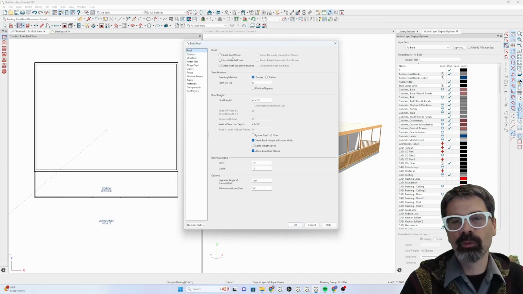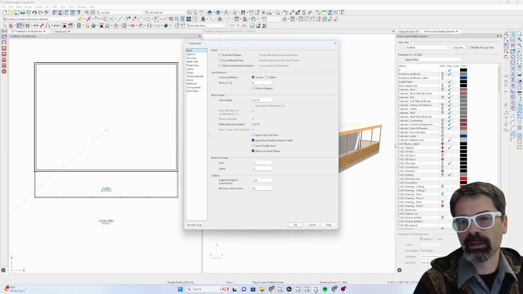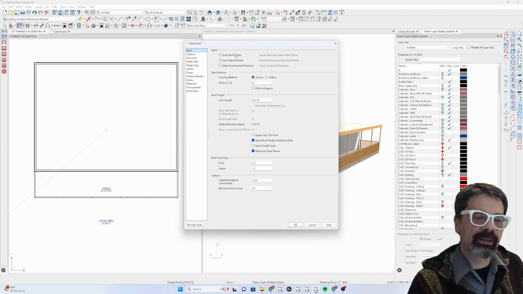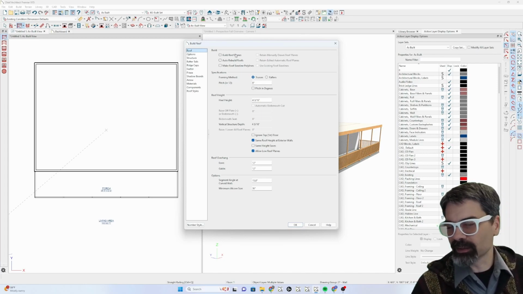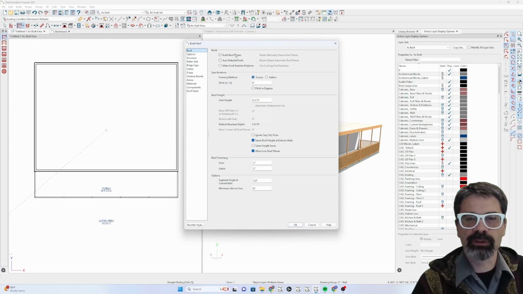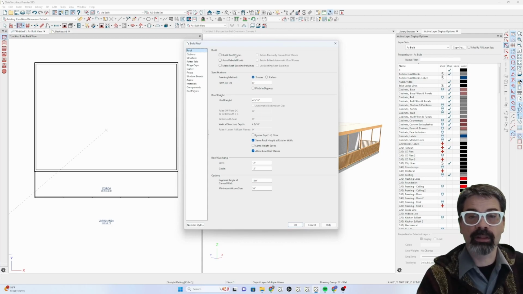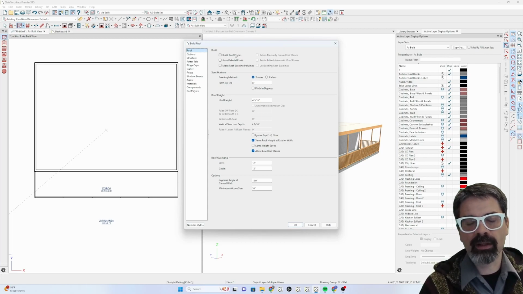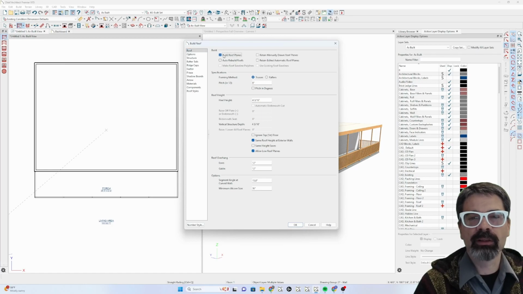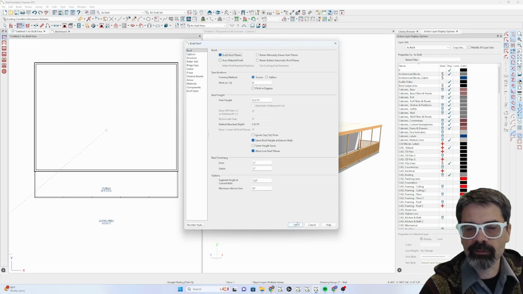And if you don't already have auto rebuild roofs on, you won't get the roof. I like to do my roofs later and not make Chief Architect think so much, use my system resources. I'll come and build the roof planes later. And then once it's set where I want it, I don't want it rebuilding the roof planes, so I leave that auto rebuild off. I'm just going to manually build the roof planes here now that I've got my settings